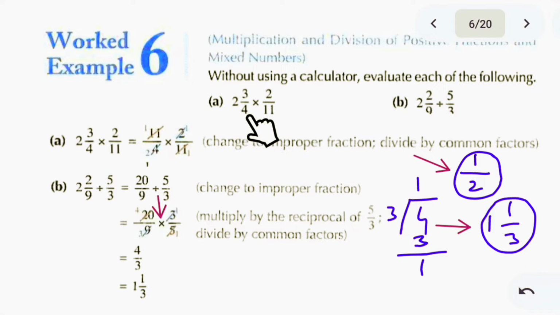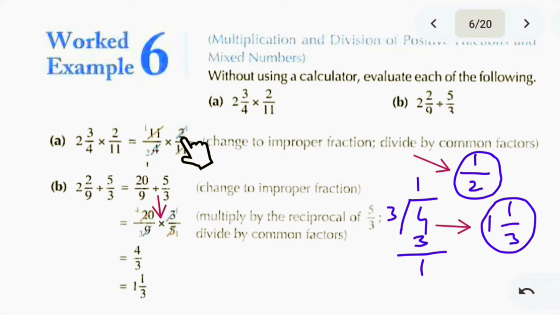One is a mixed fraction and the other is a simple fraction. So the first step would be the conversion of this mixed fraction into a simple fraction. So we multiply 4 by 2. 4 2s are 8, and 8 plus 3 is 11, so we write it like 11 over 4, and 2 over 4. And after writing them in this form, the next step would be